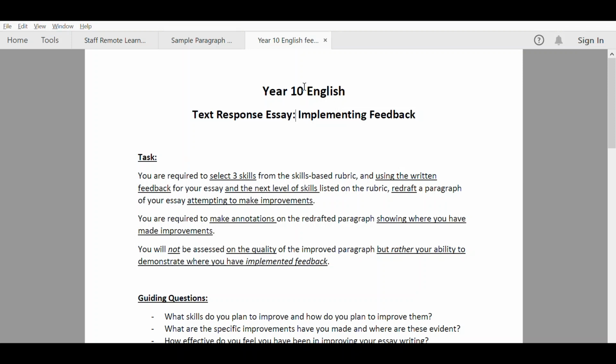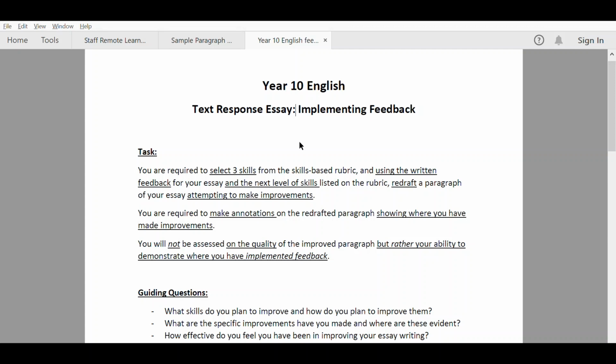I want to talk to you about your Year 10 English rewrite task. You're going to have to choose a paragraph from the essay that you wrote on Gattaca. You're going to have to rewrite that using the feedback from your teacher and the rubric that we've given you. The rubric's really good because it lists all the skills in really specific ways to help you to improve your